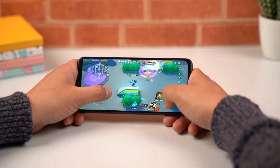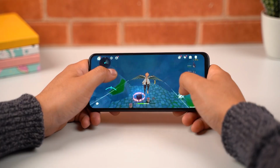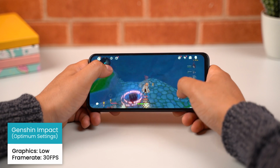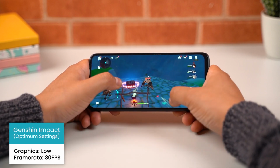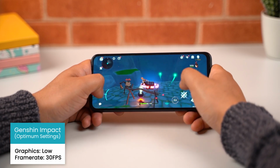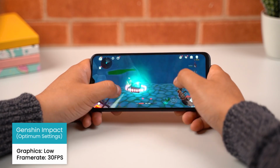Similarly, Pokemon Unite, which offers 60 FPS gameplay, is well playable at its highest settings. Relatively heavy games like Genshin Impact are only playable at 30 FPS by dialing down everything in the settings to low. But even at the lowest of settings, you will still notice stutters every now and then. Overall, the Snapdragon 695 is still a pretty capable chipset for day-to-day performance, but don't expect it to give you